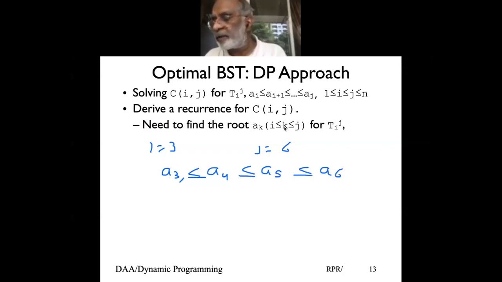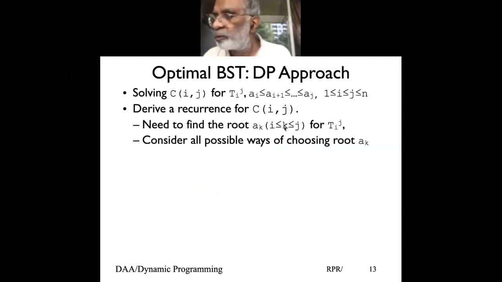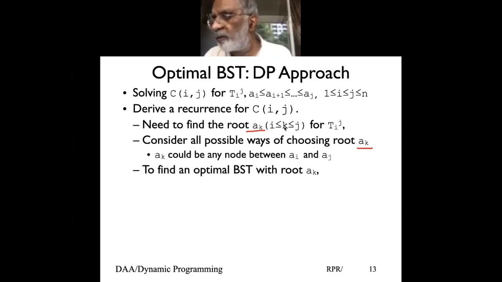Now in the optimal binary search tree, this could be the root, or this could be the root, or this could be the root, depending upon the probability. What is the probability of node 3, P3, the probability of node 4, and so on. Depending on the probability, any one could be the root, and we need to look at what happens when. So consider that for these cases, Ak is a root. So find that root Ak which gives me the optimal binary search tree. And we don't want to explore each of the Ak because that becomes an exponential problem. So how do we find out? That's what we need to look at.